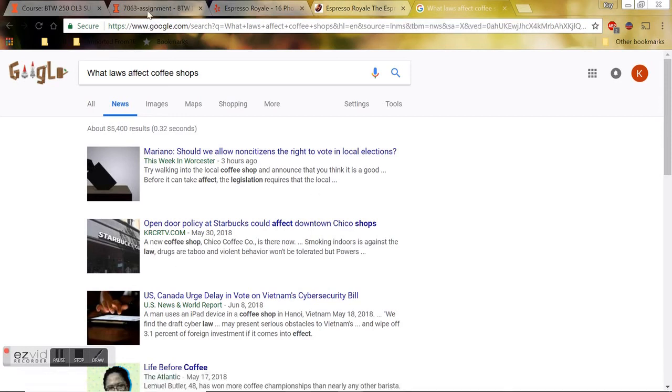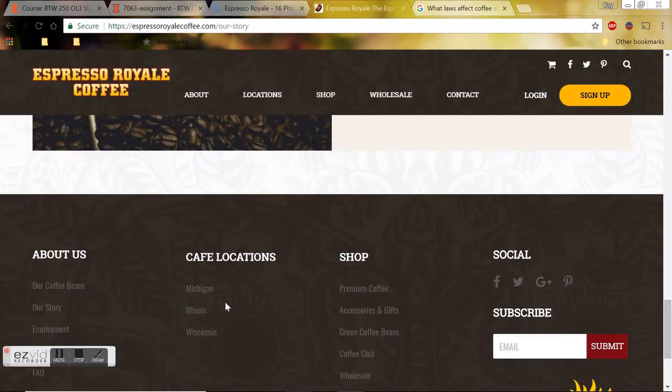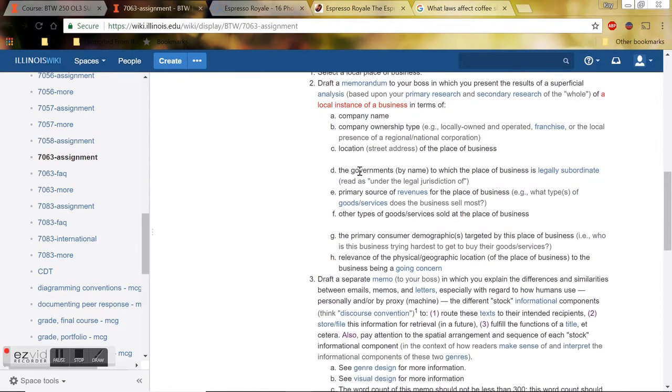So you can, in your memo, simply say it's in the United States and must abide by the state laws for Illinois, Wisconsin, and I forget the other state, Michigan, Illinois, and Wisconsin specifically. But I'm guessing that it's going to be useful to include more specific laws that will be important, such as what kind of health and safety laws they will have to abide by. So more about why I'm heading in that direction in a minute.